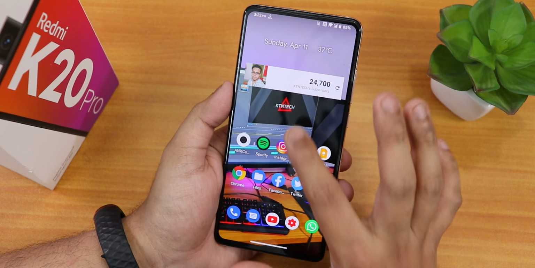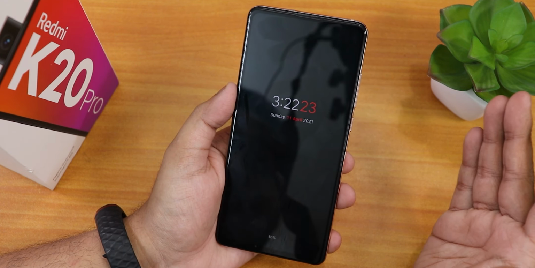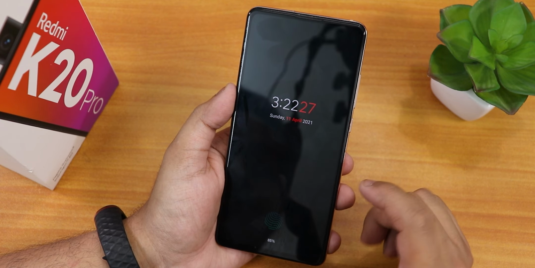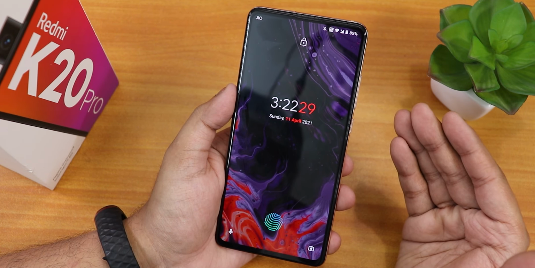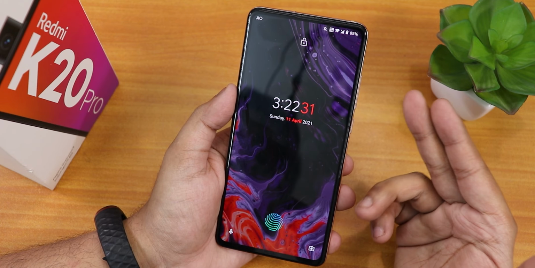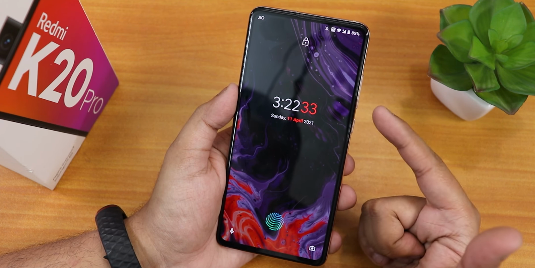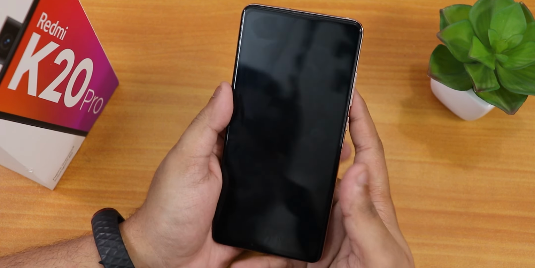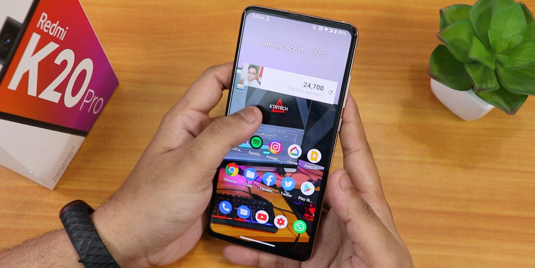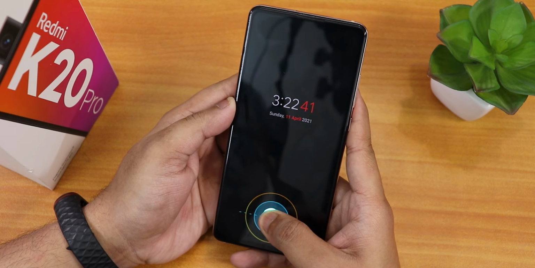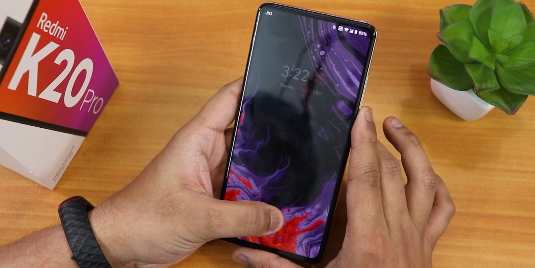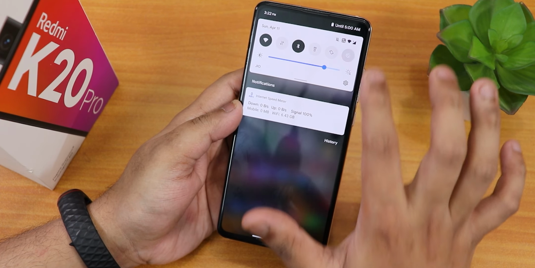And talking about the double tap to sleep and stuff, as you are noticing, double tapping anywhere in the home screen makes the phone sleep. This is how the always on display looks like, and we have this kind of lock screen look over here. This is the stock wallpaper that you get, which I have applied on the lock screen. And here, as you are noticing, the fingerprint scanner speed is great. And from the always on display, as you just noticed, the fingerprint scanner is super fast, and even from the lock screen, the fingerprint scanner speed is very reliable, no issues so far.